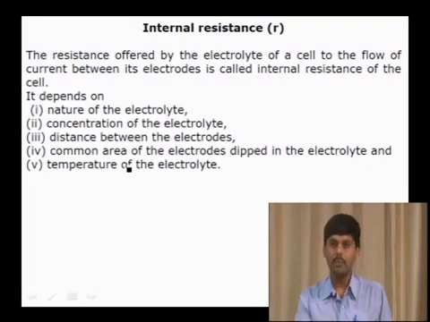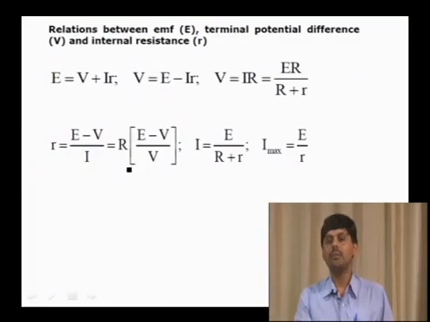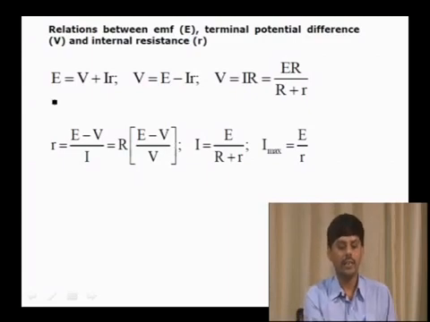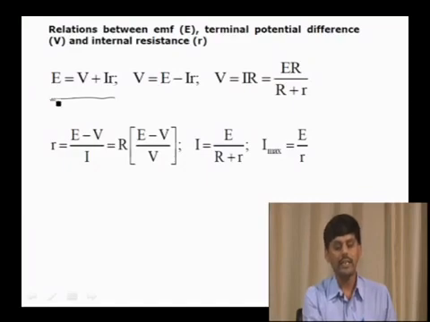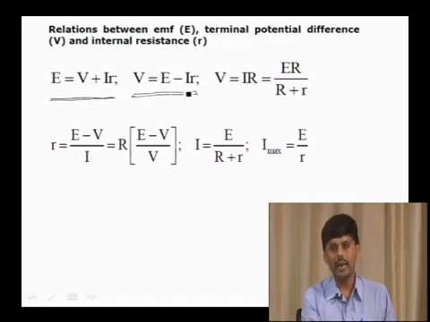Because of all these points, the internal resistance depends. The relation between the EMF, terminal potential and internal resistance is given by the equation E = V + Ir. This is for discharging the cell. Rearranging this equation, the terminal potential is V = E - Ir, where